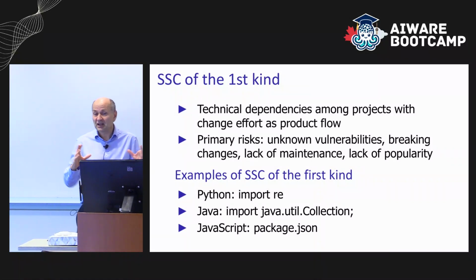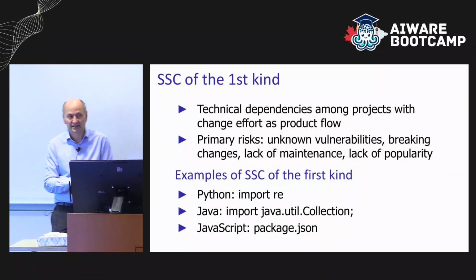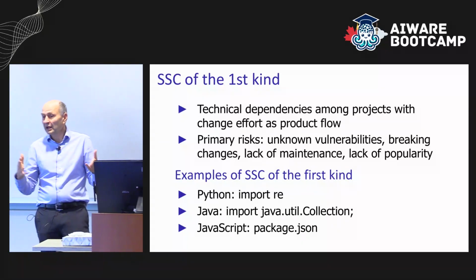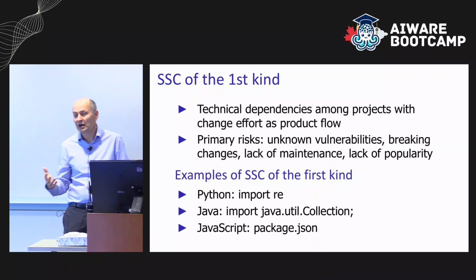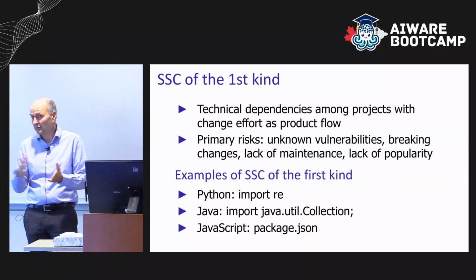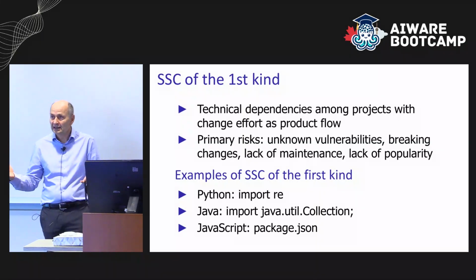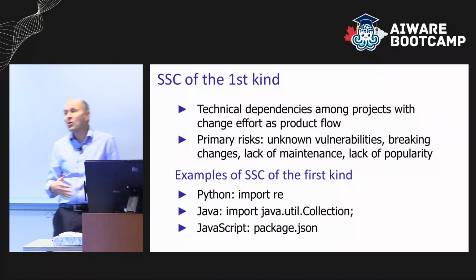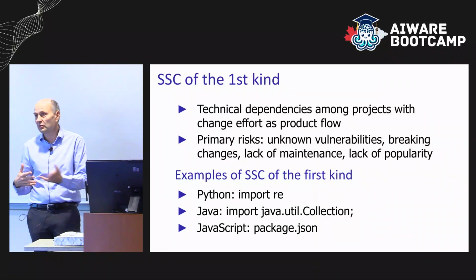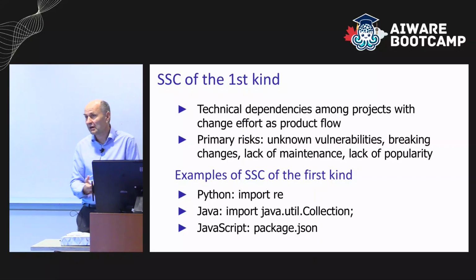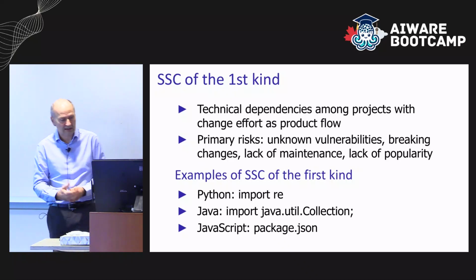So the meaning of supply chain is different, and there are different meanings in which you can apply the supply chain concept for different risks. Supply chain of the first kind, what I call technical dependencies among projects. Basically, you import some library, framework, etc., and then that means that you depend on something. When you depend on something, there are 2 things that could happen. One thing is that the people who maintain the stuff that you depend on are too lazy or too eager, right? If they're too lazy, they don't fix bugs, they stop maintaining stuff, and so you're stuck with software that's no longer adapted to the environment, right? If they're too eager, they add some features that break your software. So both of these are pretty serious risks, right?